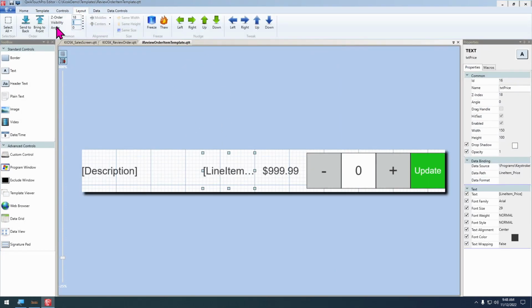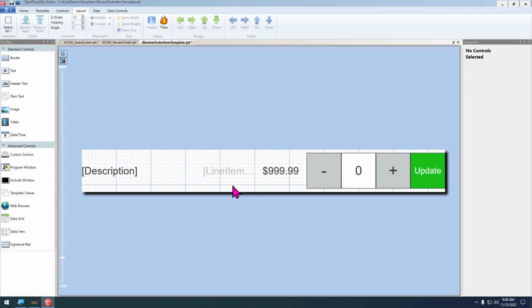So to hide it, I'm going to set the visibility to 0. And then I'm going to freeze it with this freeze control up here. And again, when we freeze a control, it makes it partially transparent or partially opaque so that it shows up a little bit. So now we know that there's a hidden control on here. And if you ever want to work with that again, you can come up here and choose thaw and thaw